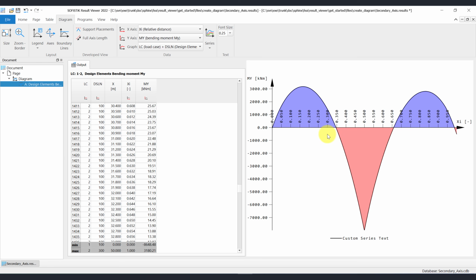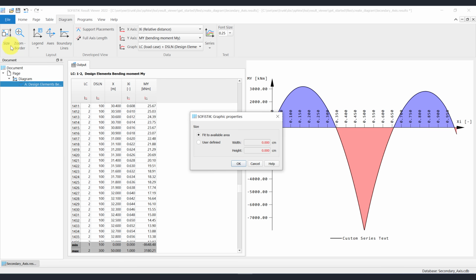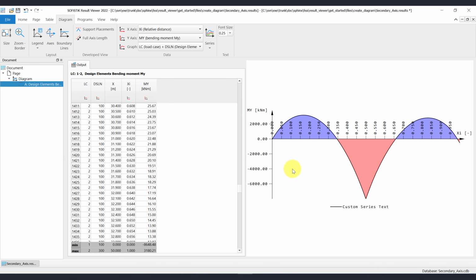The size of the diagram can be changed via the Size command from the ribbon menu. If you want to zoom to the border of the diagram, you may use the Zoom Border command. This command is also available via the context menu.